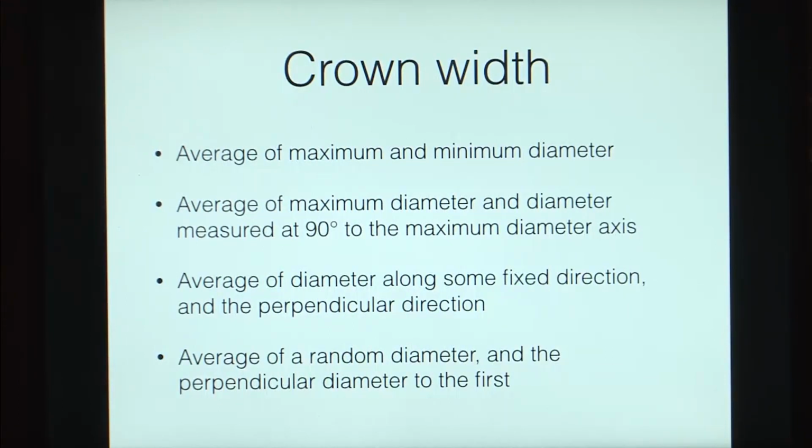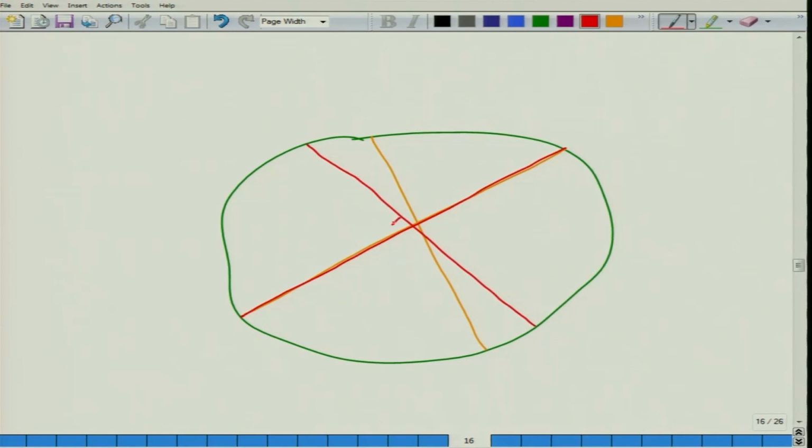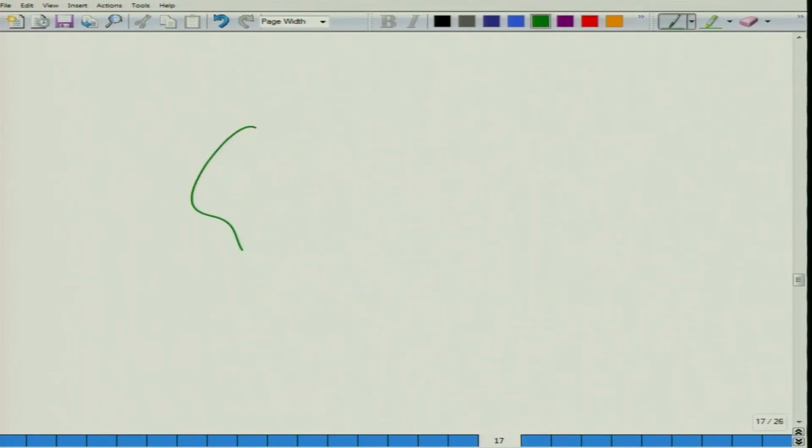Maybe if you have your tree, if this is your canopy, then maybe this is your maximum diameter and maybe this is your minimum diameter. So, you could take it like this, or else you can take the maximum diameter and then take a position that is 90 degrees to it, and then you could call this your second diameter. Or maybe you can take all your trees. So, for instance, if you have a number of trees,